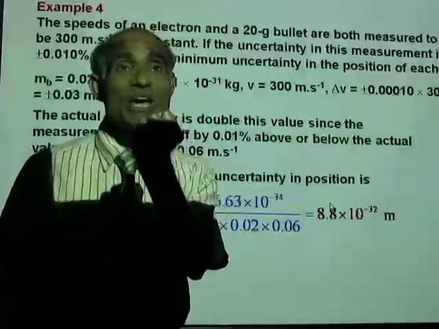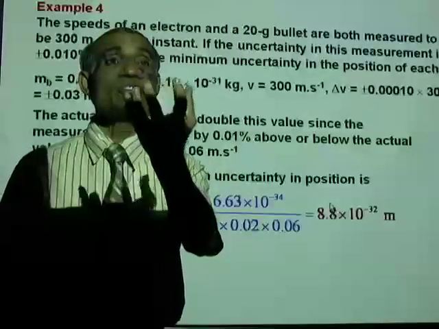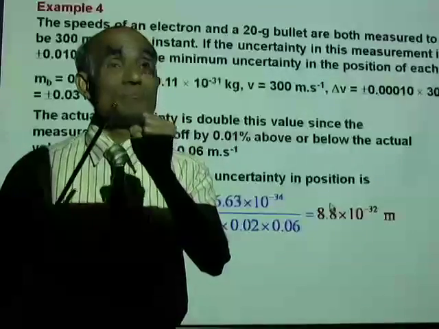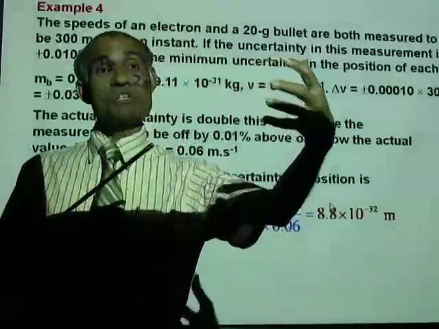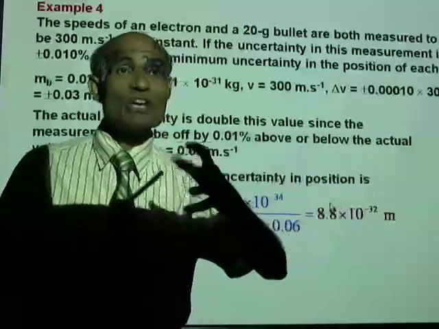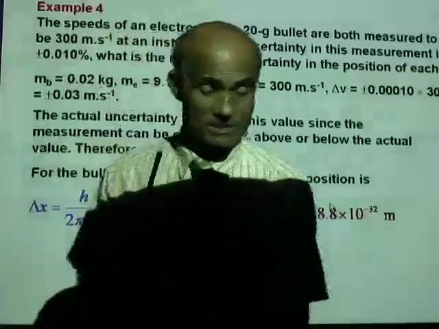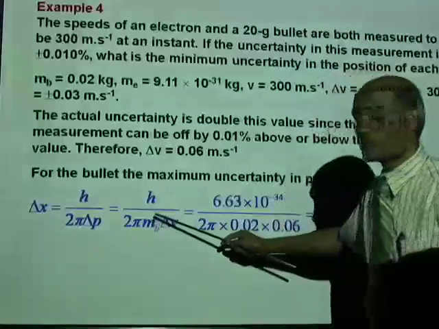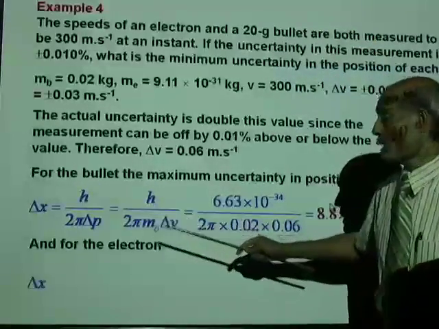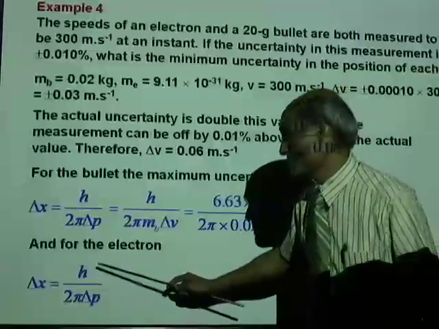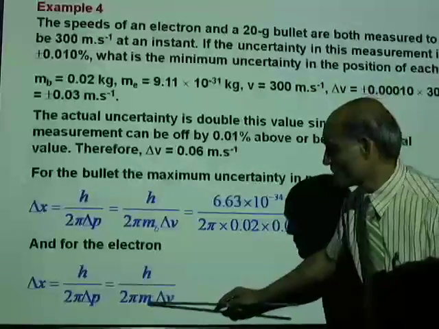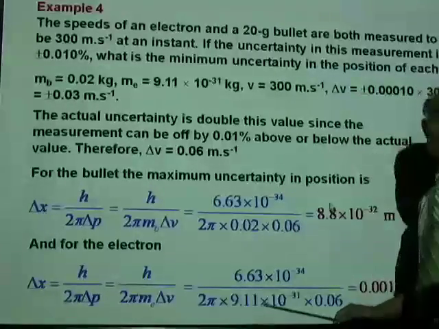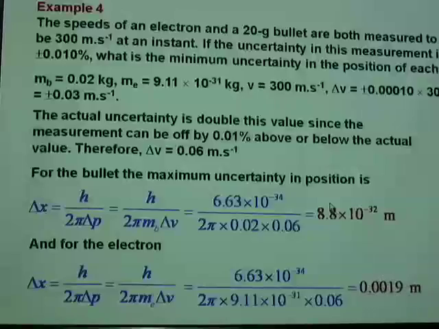Because the bullet is a big object, the uncertainty in measuring the position when we have measured the uncertainty in its velocity is not very significant. But what happens in the case of an electron? If you now replace this for an electron, what will be the difference? Well, the only difference is the mass here will be the mass of the electron, and in such a case, look at the uncertainty. It is